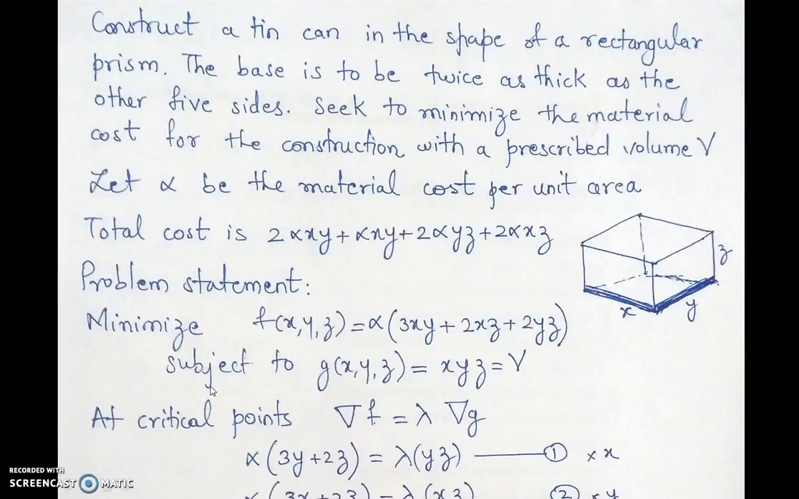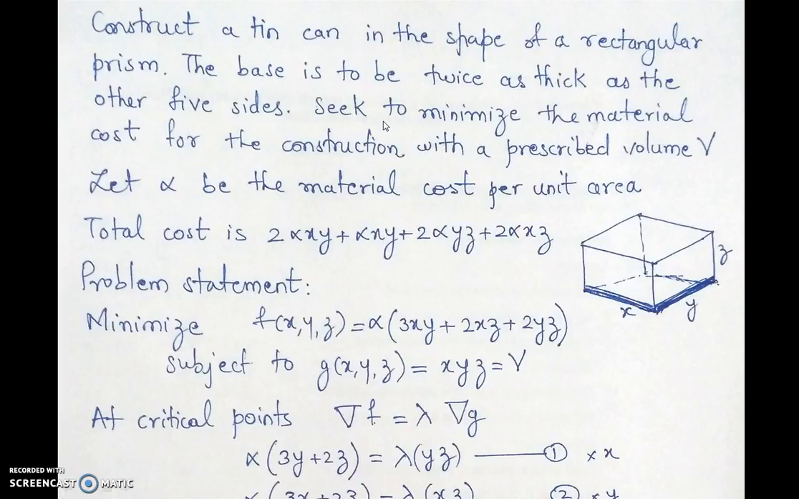Now let us consider another problem where we're going to use the Lagrange's multiplier method to seek the optimum solution. The problem is, construct a tin in the shape of a rectangular prism whose base is twice as thick as the other 5 sides,